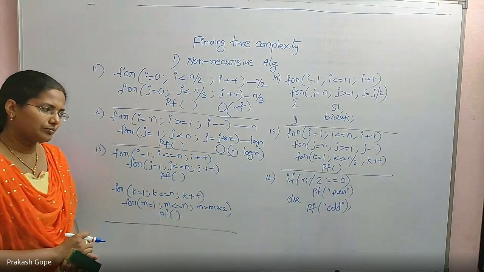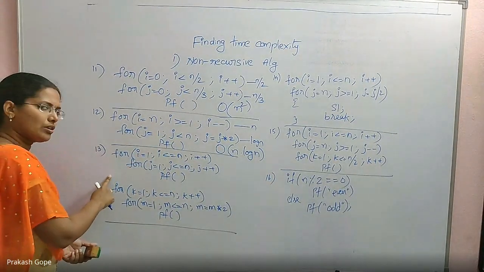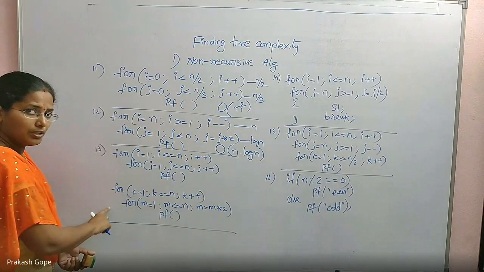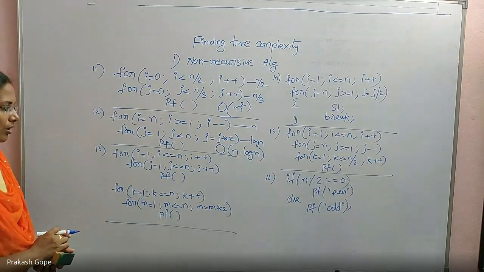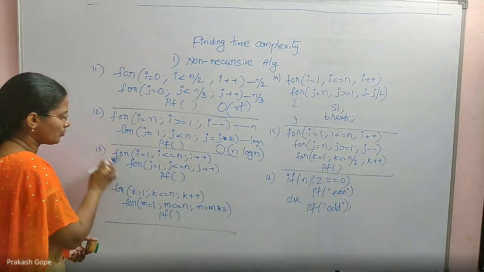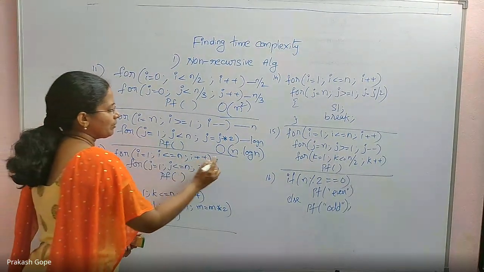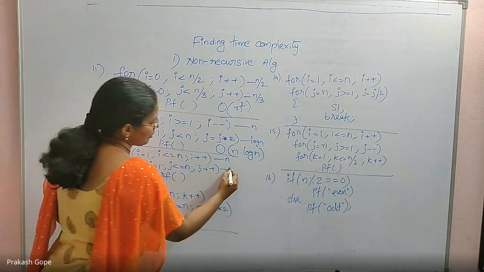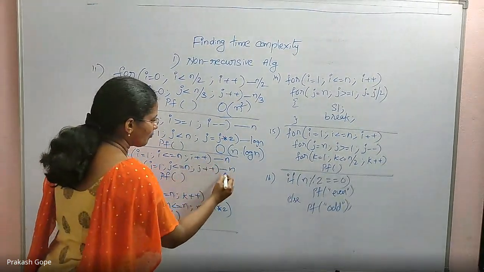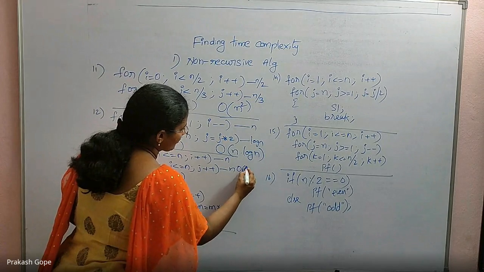Okay, next one. This for loop is also there, this for loop is also there, in the same algorithm, in the main function, for example. What is the time complexity of the whole algorithm? Okay, first this one. 1 to n, i plus plus, so this is n times. 1 to n, j plus plus, this is also n times. So the top for loop is n square.